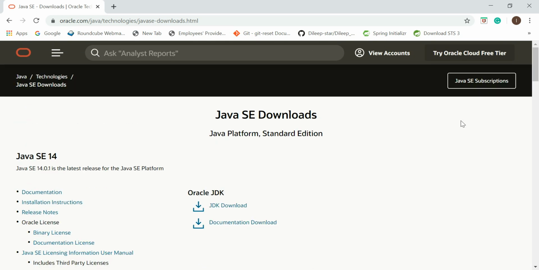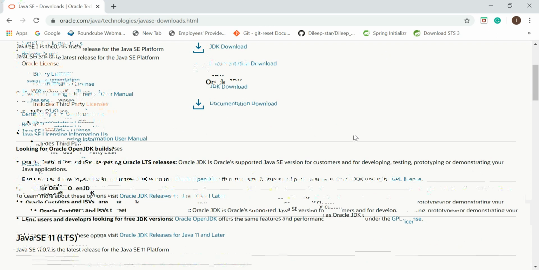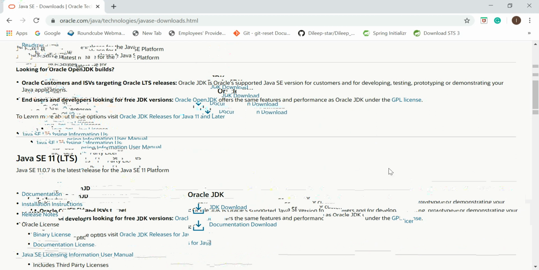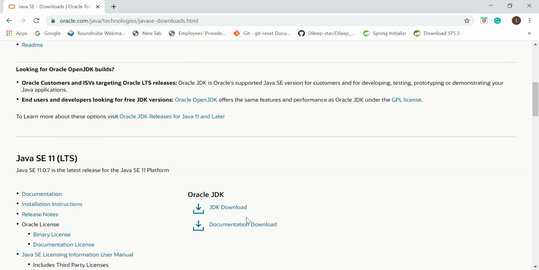To download JDK, you have to create your own account on the Oracle portal website. As a prerequisite of WebLogic 14c, we have to install JDK 11. You can download it here.